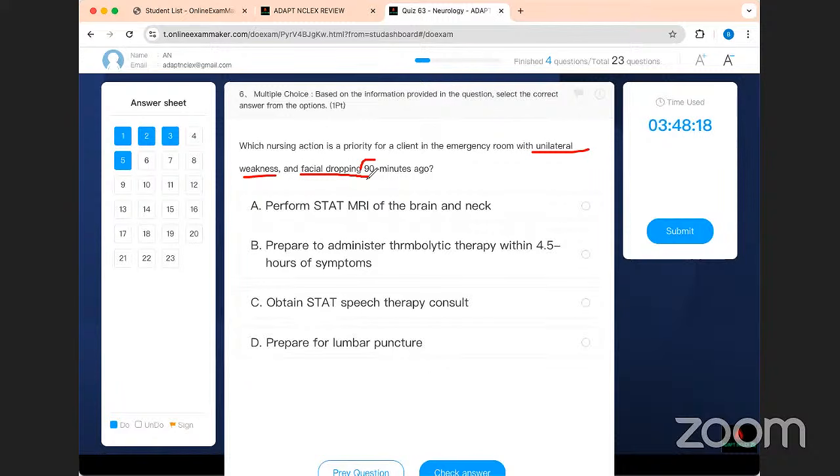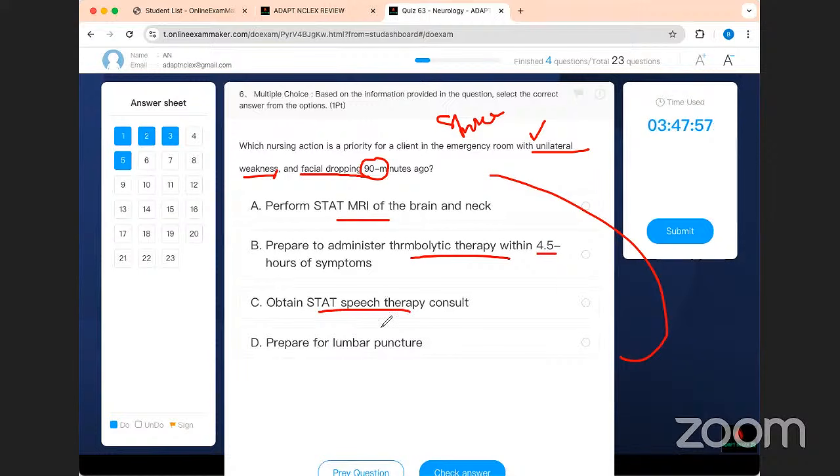It happened 90 minutes ago. You know this is stroke, right? Therefore, what do you want to do? Get an MRI, prepare for thrombolytic therapy within 4.5 hours,